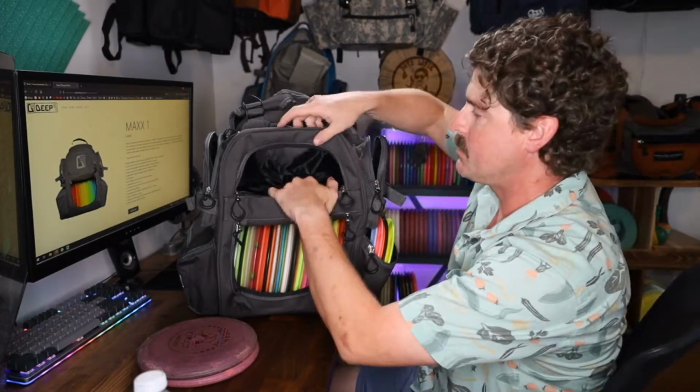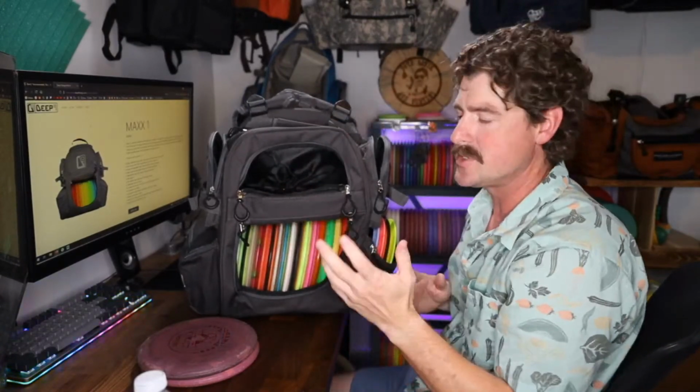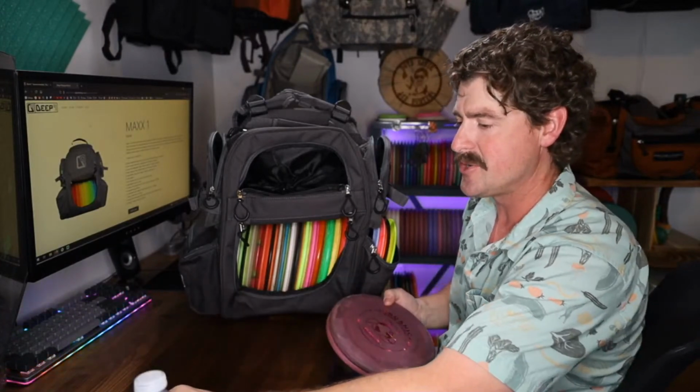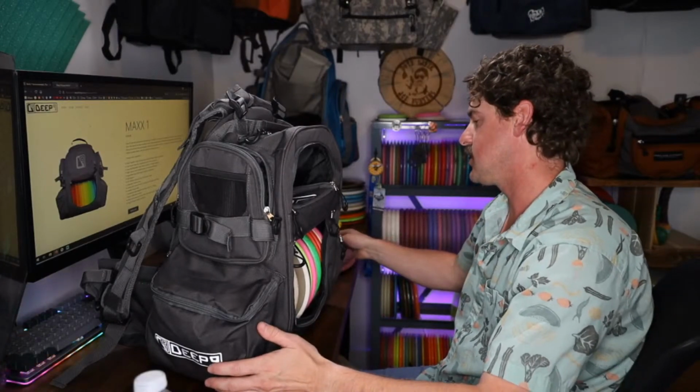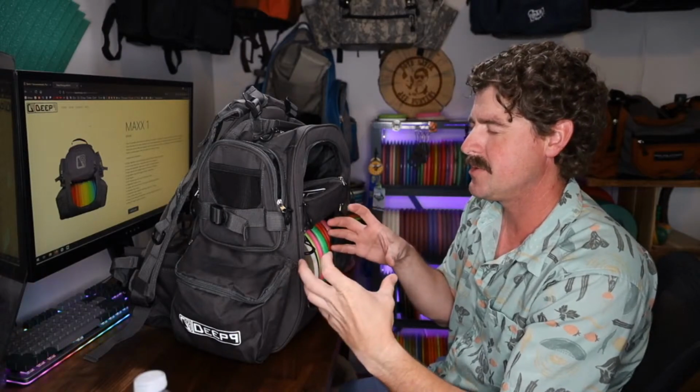But one of the most memorable ones to me was, and a lot of people would say, "Oh, that's not even an ace. It's a second shot." It was a second shot off a tee pad, but I make up my own rules. If it goes in the basket, I like to call it an ace. I was playing Shady Oaks in Orangeville, California, on hole 7, and it's a little blind backhand hyzer, and I don't remember what my first shot did, but it wasn't great. And for my second shot, I threw a glow. Has the Shady Oak stamp on there from their St. Patrick's Classic, famous tournament,